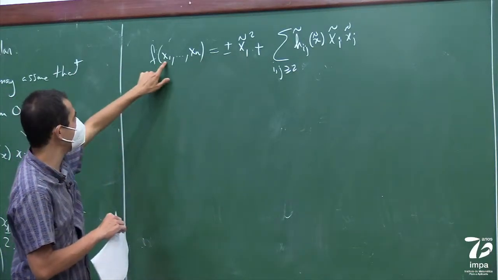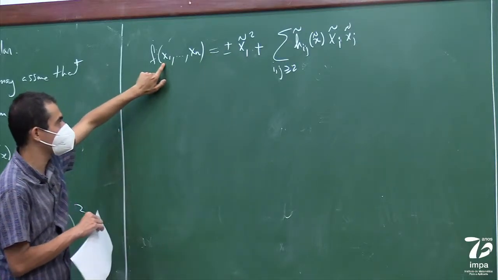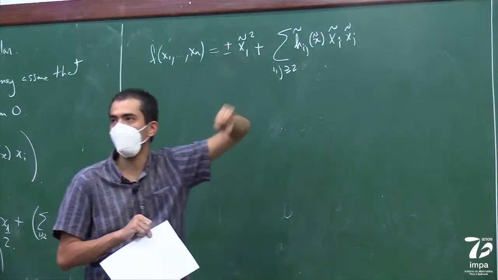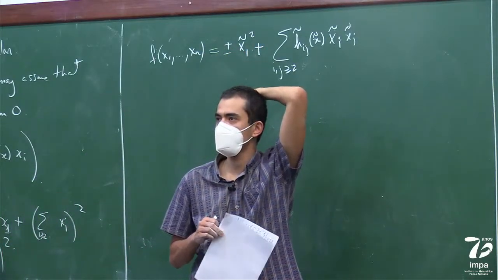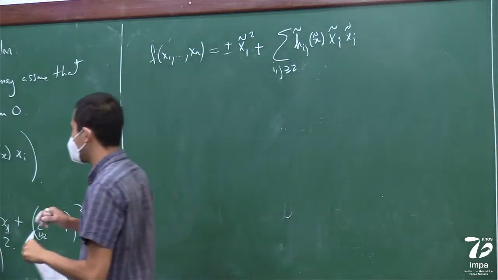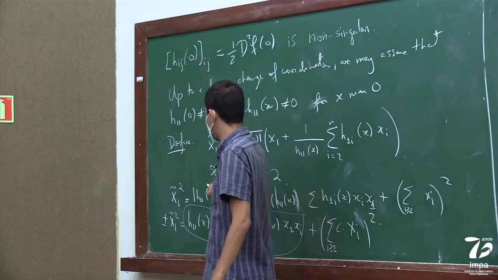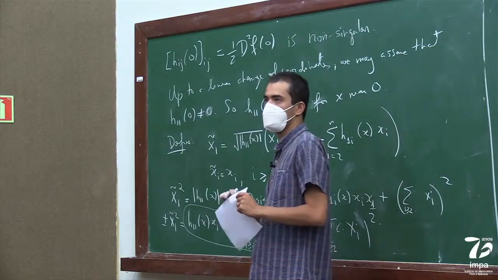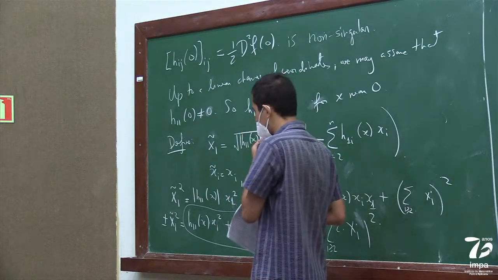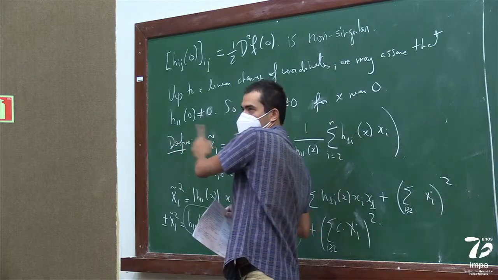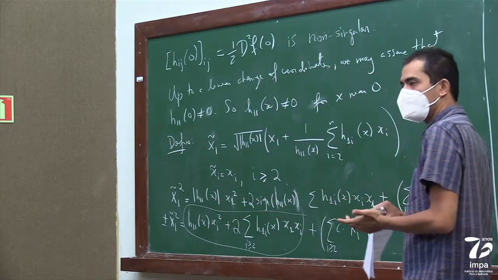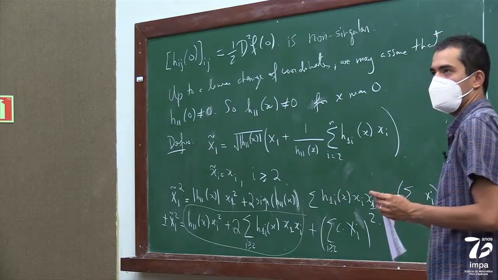So actually, this doesn't make a lot of sense yet, because I don't know that x1 to xn can be written as a function of x1 tilde through xn tilde. I know that x1 tilde to xn tilde can be written as a function of x1 to xn, because that's how I define them. But I need to say that this is a diffeomorphism, so this is invertible. And why is that true? That's just because of the inverse function theorem.